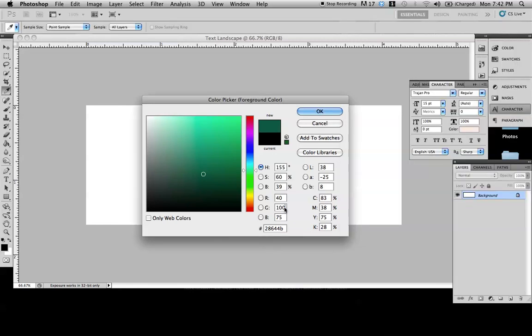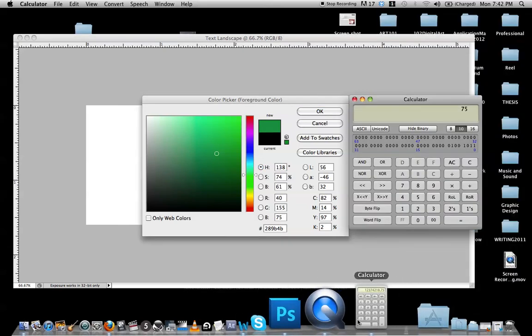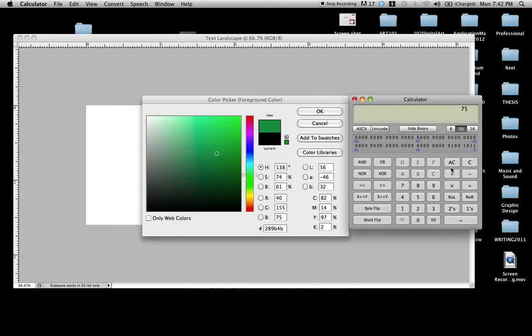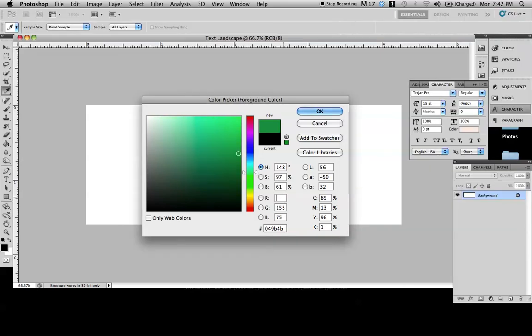255 minus 100, I don't need a calculator to do that. I know that's 155. And then 255, I know this, but I'll do it anyway. 255 minus 40 is going to be 215. 215. So there's the complement of our blue that we had,